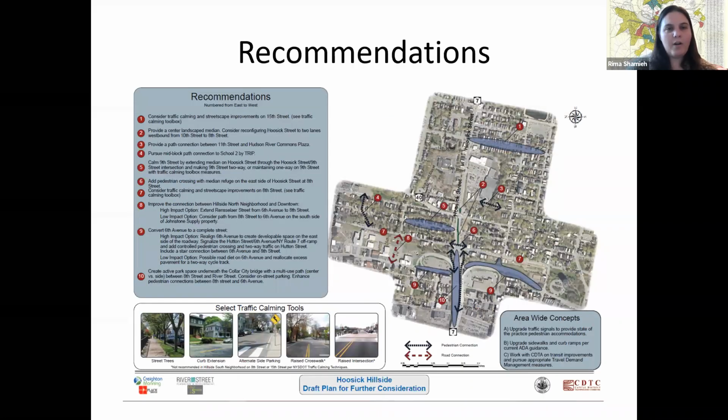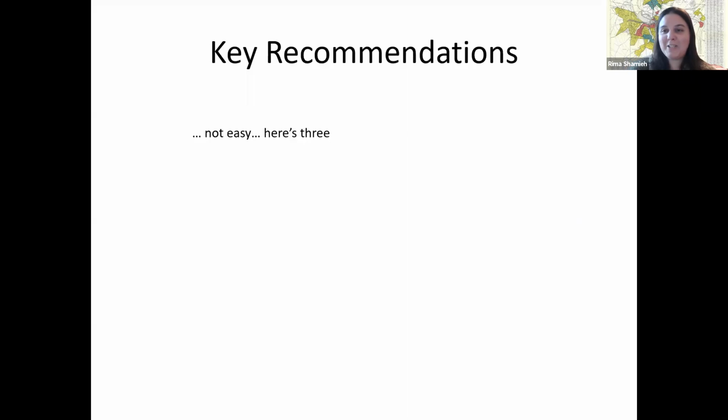So these are our recommendations. There's a lot here. I was actually very pleased with the types of recommendations that came out of this plan. There's a lot of really strong ones. I was trying to identify key recommendations, and it wasn't so easy. I picked 3. It leaves out a lot.